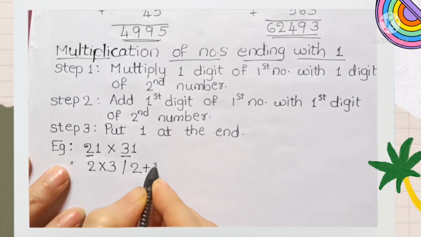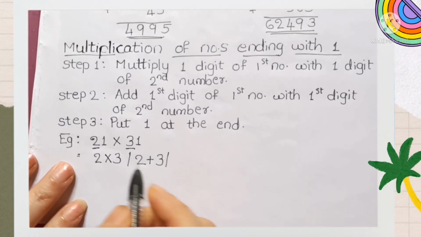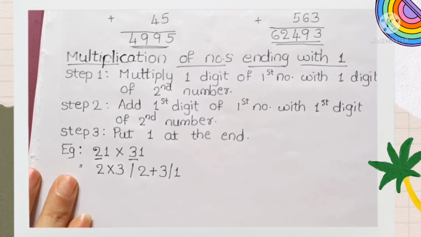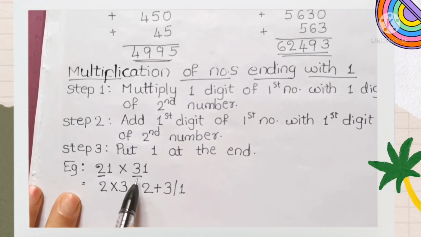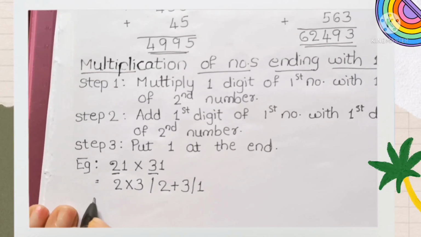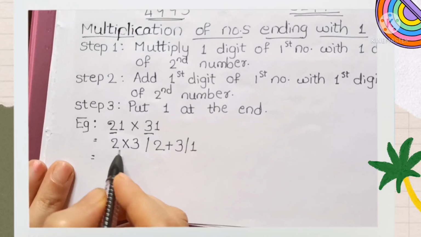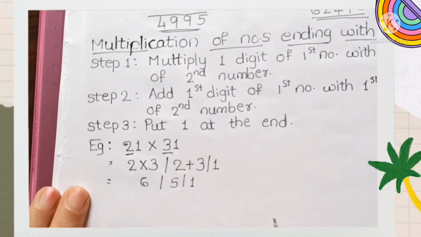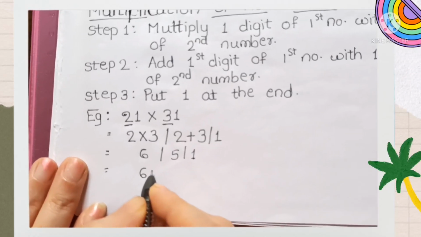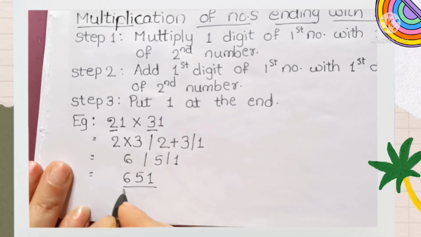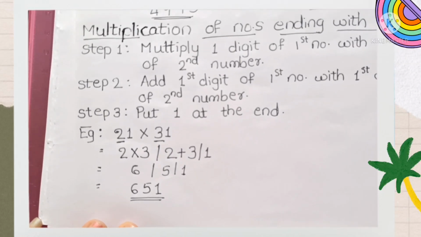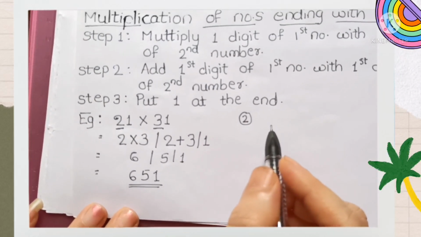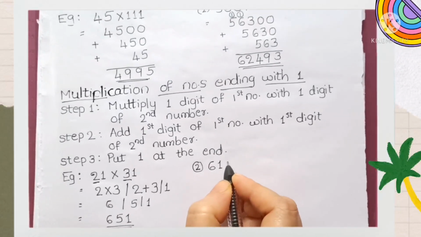कि हम दोनों नंबर्स जो हमने फर्स्ट स्टेप में यूज किए थे, हम उन्हीं 2 नंबर्स को प्लस करेंगे। हमारे वो 2 नंबर्स थे फर्स्ट नंबर का फर्स्ट डिजिट और सेकेंड नंबर का फर्स्ट डिजिट। और लास्ट के थर्ड स्टेप में हम 1 डाल देंगे। सो अभी हमारा फर्स्ट स्टेप का आंसर आया है 6, सेकेंड स्टेप का आंसर आया है 5 और थर्ड स्टेप का आंसर आया है 1। तो अब हमारे इसमें कोई भी डबल डिजिट नहीं है, सेकेंड स्टेप में हमारा 2 डिजिट नंबर नहीं है, सो हम उसे वैसे ही लिख देंगे। सो हमारा आंसर आ रहा है 651। अब हम लोग थर्ड एग्जाम्पल देखते हैं। हमारा थर्ड एग्जाम्पल है 61 × 91।